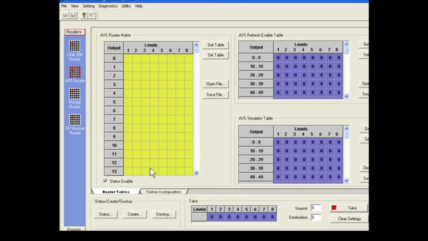So click on your AVS router tab, and it already brings you up to the router tables. Up here in the refresh table, if you do a get tables, it would do the same thing. You'll see how many levels that you might be talking with at this time, and then how many outputs those particular routers are currently on. Now, if you have an AVS router, then your new system, your SC4, would require what we call an MX